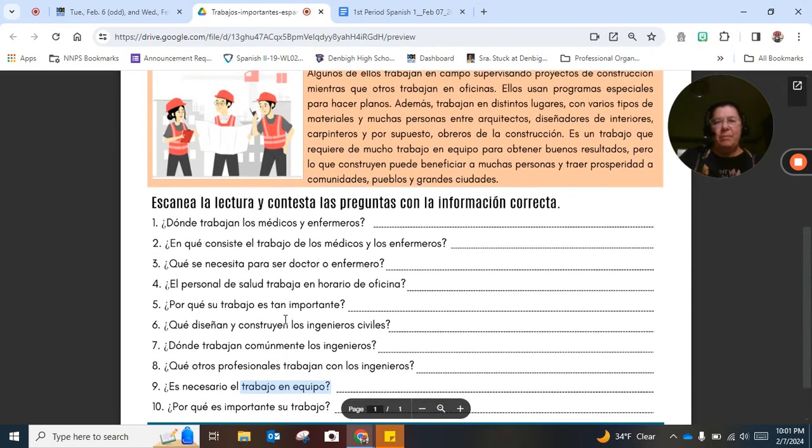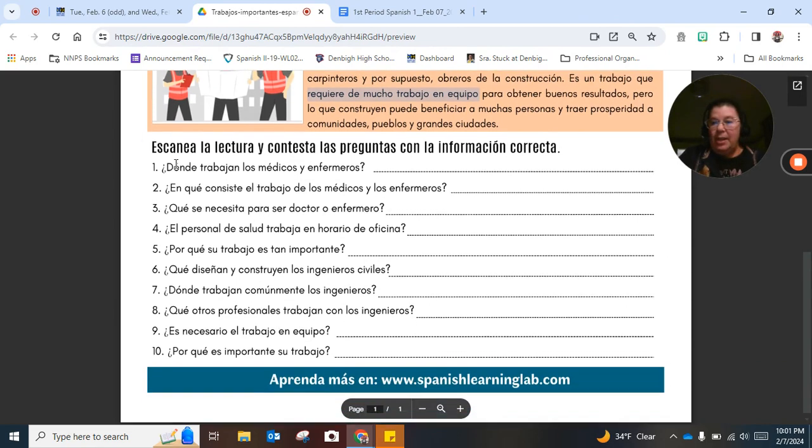All right, let's find it up here. We're asking, this is a yes or no question. Es un trabajo que requiere de mucho trabajo en equipo. Ta-da! All right, remember how we did our 4 corners, and a lot of people say, well, I don't like to work in groups. I like to work alone. That's totally fine. But you have to use evidence from the reading. Hang in there. Remember, I just expect you to be reading like a 3rd or a 4th grader at this level in Spanish. All right, last one.